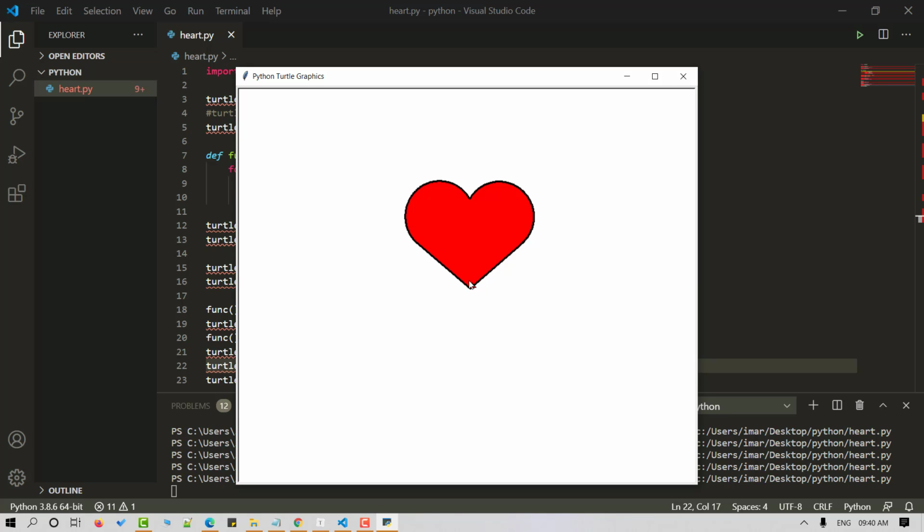In order to hide the head, we'll use the hideturtle method.